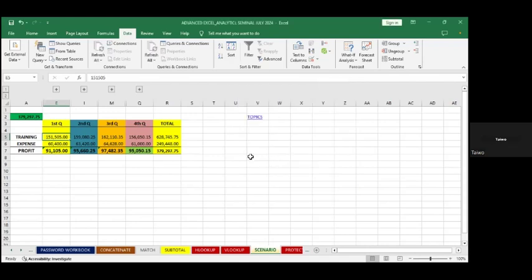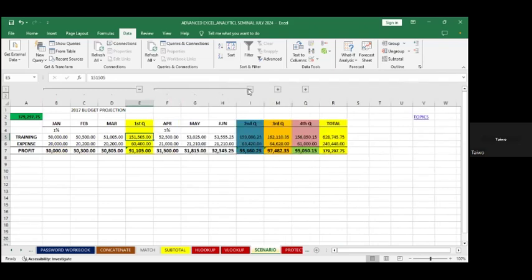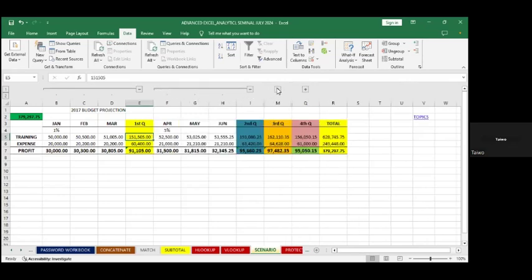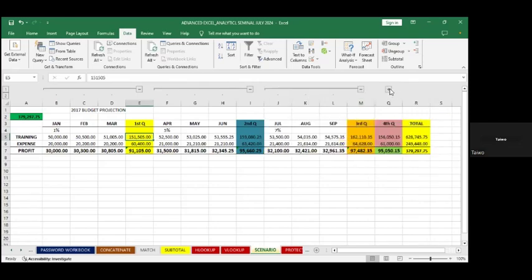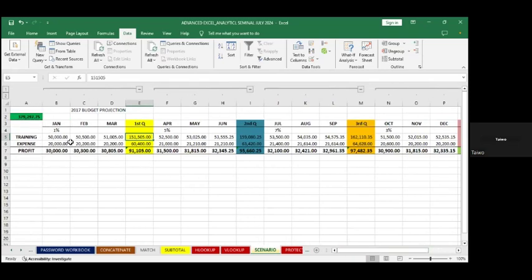Let me close this. Now, this one, okay. If I click this one, let's say I'm demonstrating. This one is the first quarter, second quarter, third quarter, and the fifth quarter. So I just prepared this one. Now, it's just a dummy budget that I prepared. Now, this one, January to March, I expect growth of